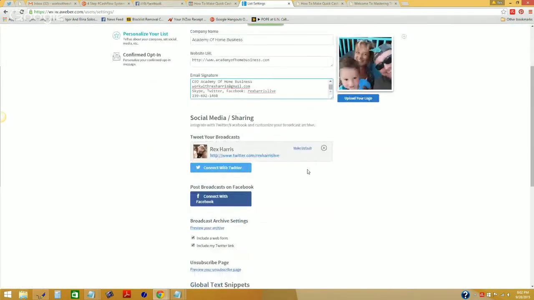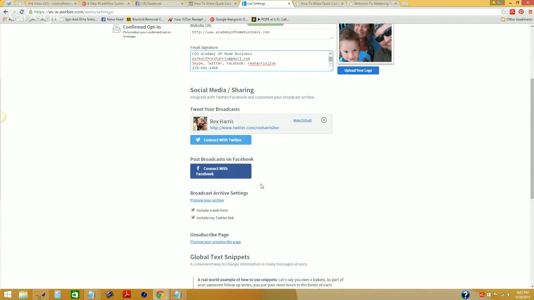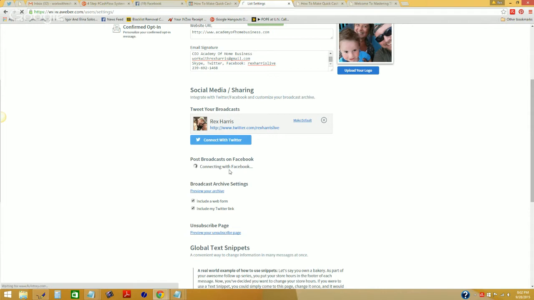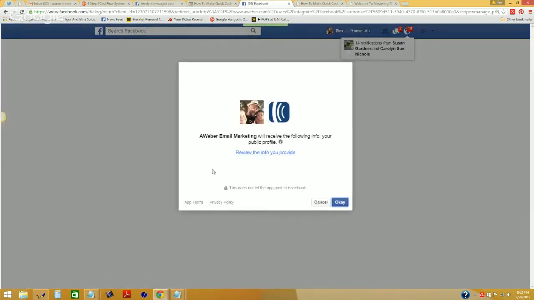Now here you have your social media sharing options. And you can actually connect Twitter. I do connect my primary Twitter account because that's for business to my Aweber, but because of the fact that I use Facebook for everything, I don't send email notifications out to my Facebook profile. Okay. What you choose to do based on the way that you built your Facebook account is up to you, but it's as easy to set up as coming in here, clicking the button, and it will run you right through the process where if I click OK here,